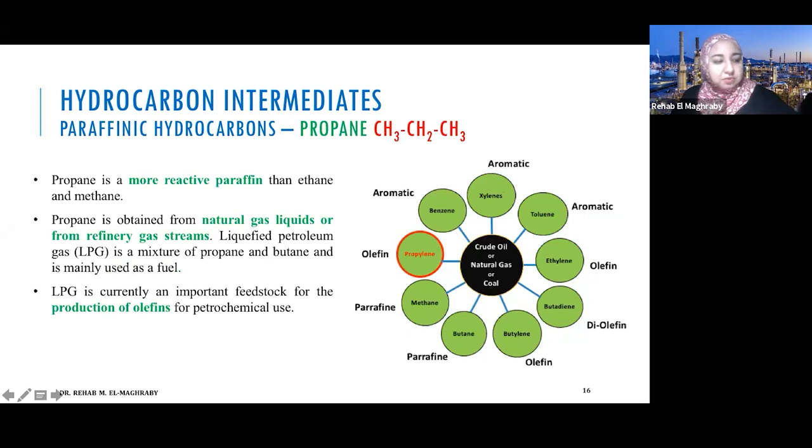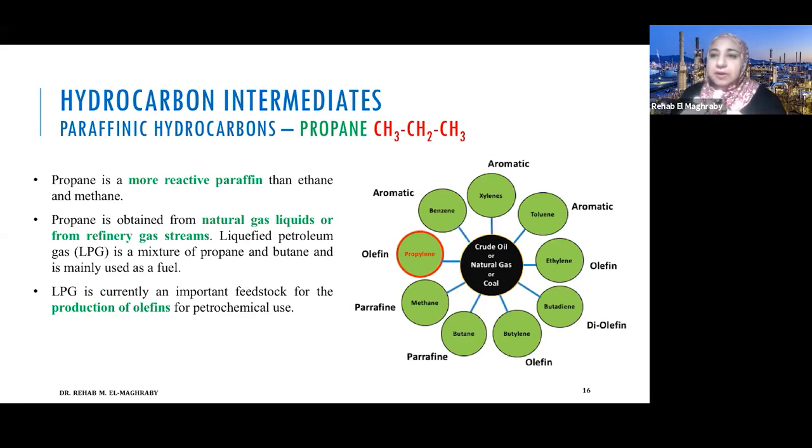Propane. Again, they are paraffins. All that we are talking about here is paraffin, no double bond. It already exists in natural gas. Natural gas is mainly methane, and ethane is also produced from natural gas, and propane is also produced from natural gas. So there are three carbons attached to hydrogen. I don't know if it is clear or not, but hopefully it is clear.